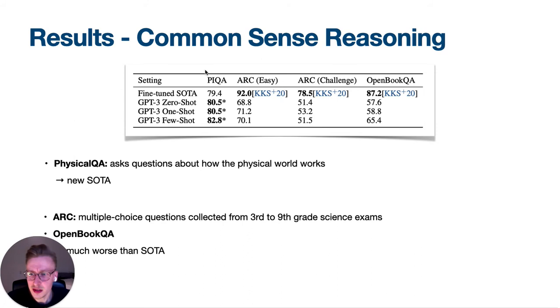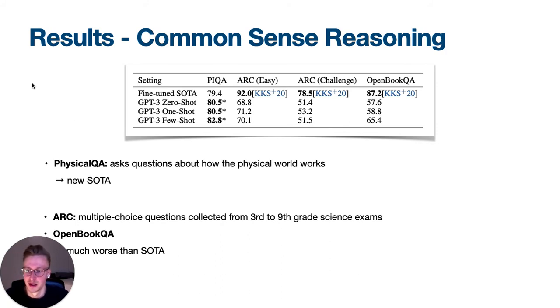What's also quite interesting to see is that on this PhysicalQA task, it has such a good performance, and on the other ones it doesn't. They also mark it with a little star here, which says that the data is contaminated, which means that there was a significant overlap in the test and in the training data of GPT-3 and this PhysicalQA dataset. They said basically that this shouldn't affect the performance too much, but I pretty much doubt that, because those 3 tasks are so similar and the performance is so different. It's the state of the art here, and here it's so far away from the previous state of the art.